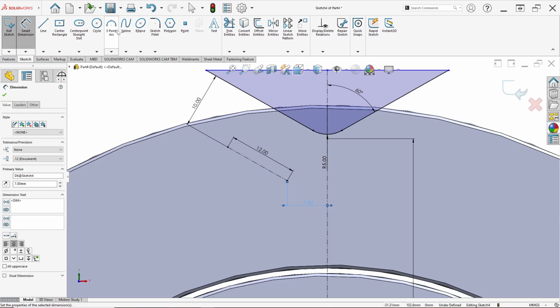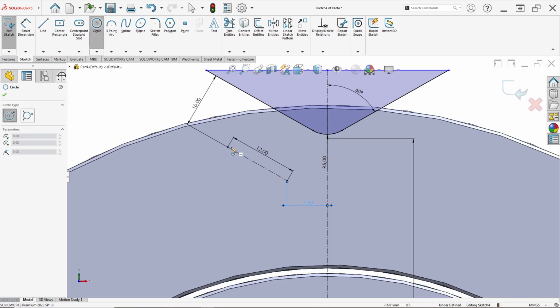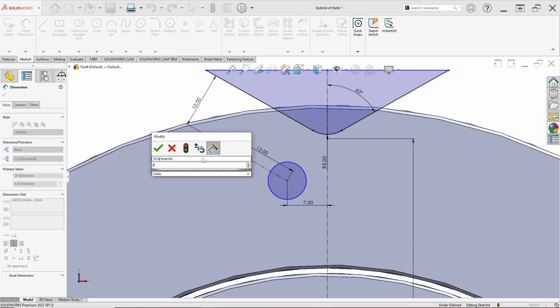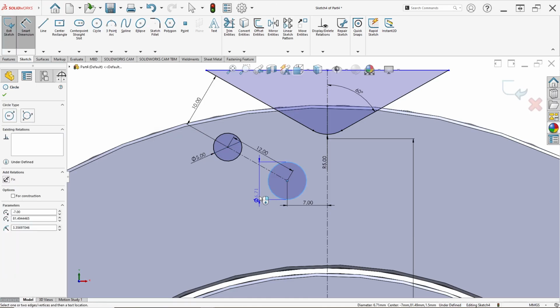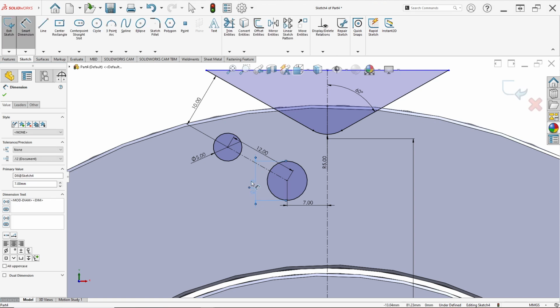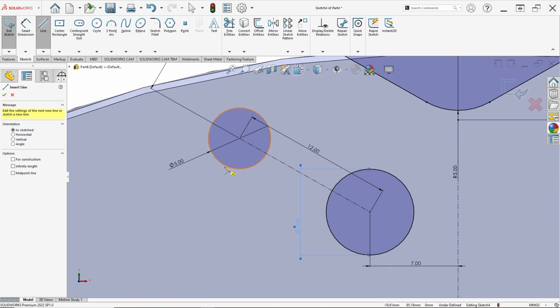Like this. And draw circle from this point. Draw again circle in this point. Set the dimension for first circle I set in diameter 5. Second circle I set in 7 of diameter like this.